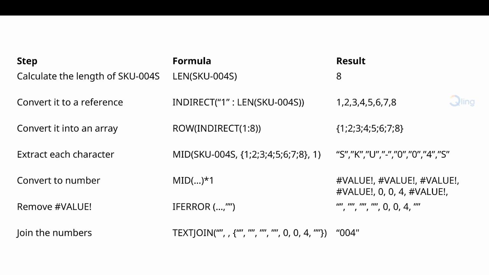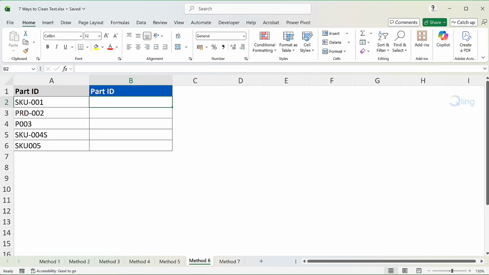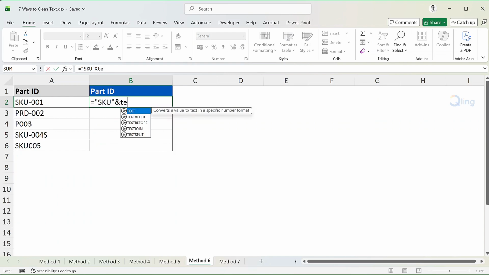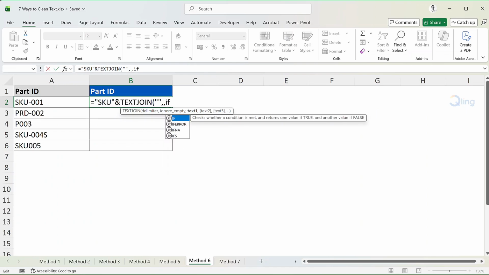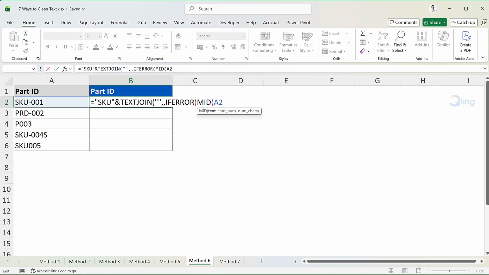Let's translate this into Excel. I will write SKU in double quotes and then use the ampersand operator to append the numbers. TEXTJOIN. Delimiter is blank as we don't want anything between the numbers. Ignore the next parameter using a comma. And now we will write IFERROR to remove the errors. The value will be MID of the value A2. To create an array of 1 to 8, I will use ROW followed by INDIRECT